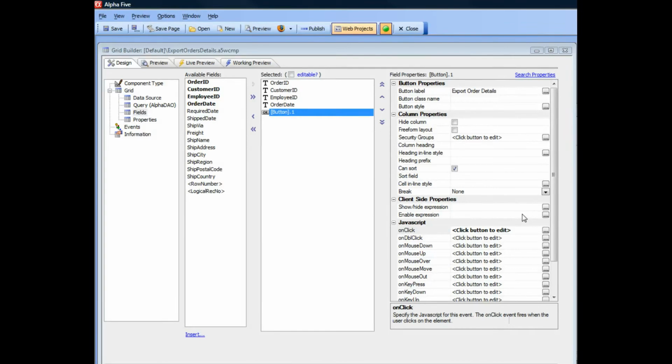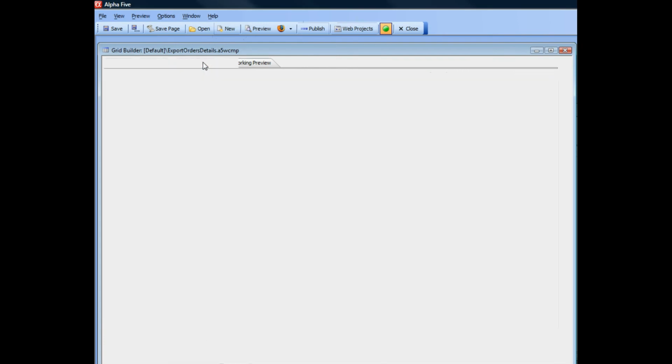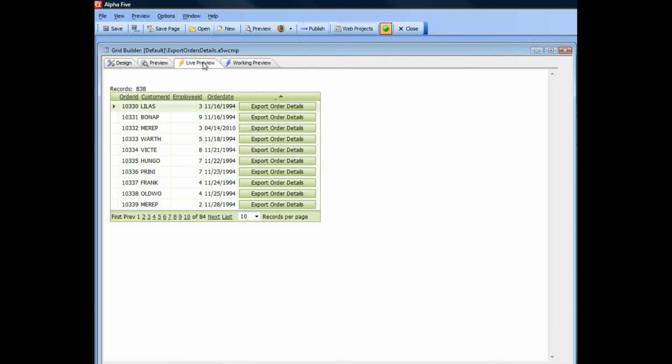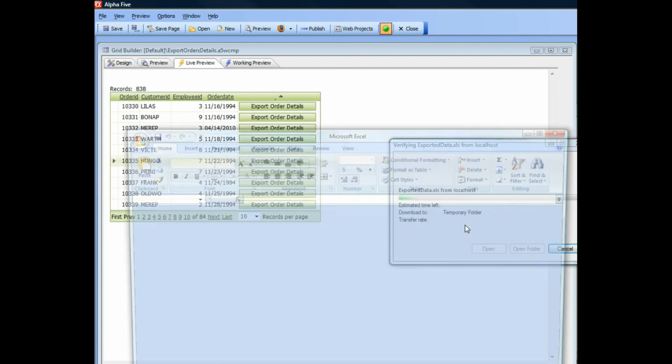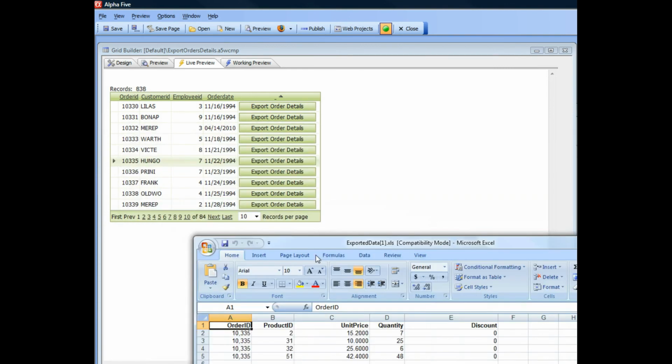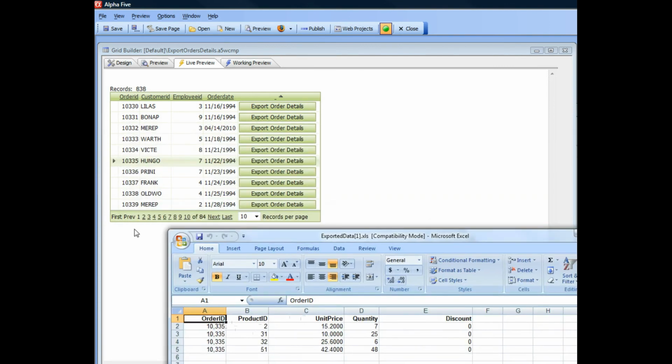The continuation of the video. We've just created a button that's going to export data from the order details table showing all line items for the current invoice. So let's go ahead to live preview, and we'll pick any invoice we want. For example, here invoice 10335, and click the export order details button, and here you can see order details for